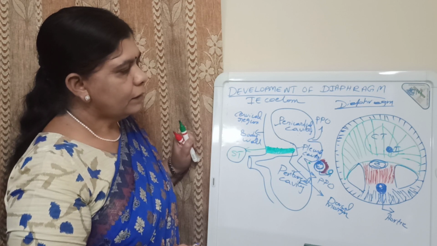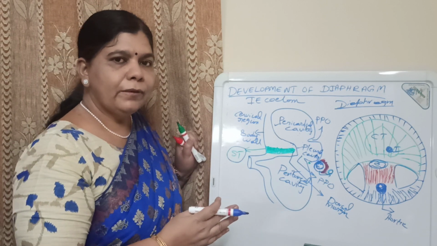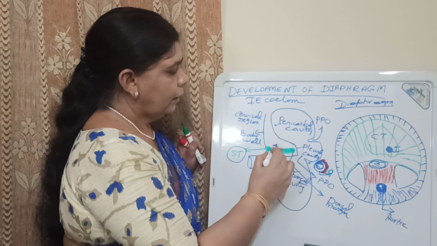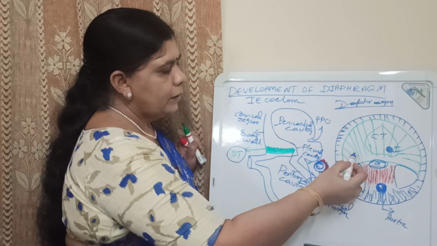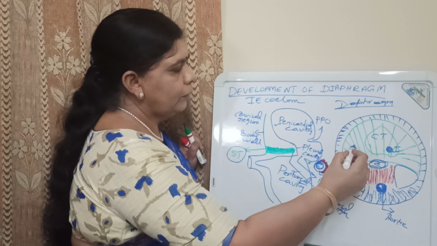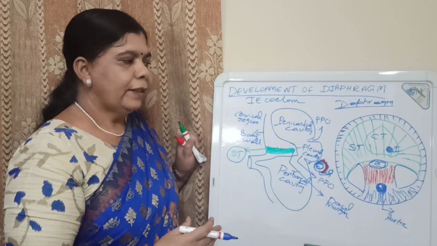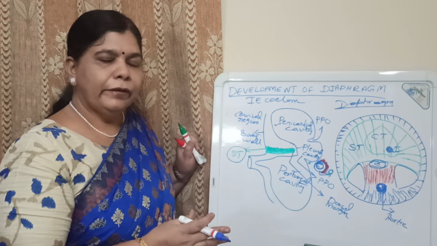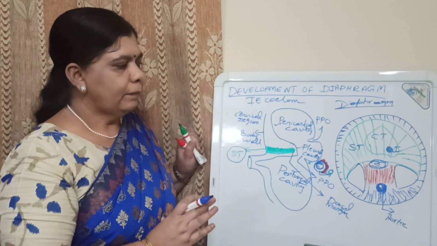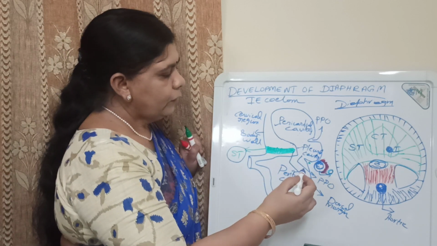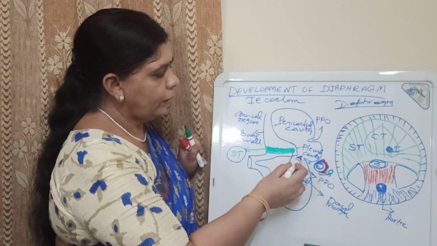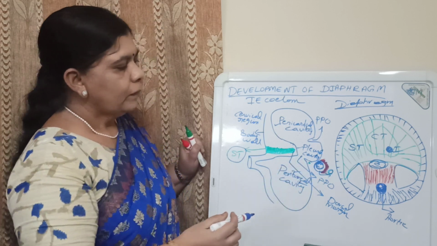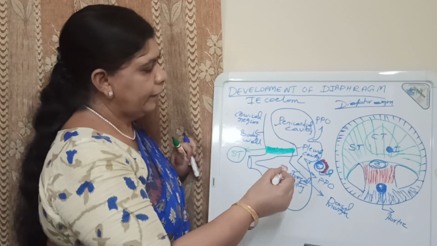So if you see this development of the diaphragm from the septum transversum, this is the anteromedian part of the diaphragm. This green color which I have given in this diagram, the same green color in this diagram, is contributed by the septum transversum. So that is the anteromedian part of the diaphragm, including the central tendon and the inferior vena cava opening, developing from the septum transversum. Then this pleuroperitoneal opening is closed in the later stage by the pleuroperitoneal membrane.